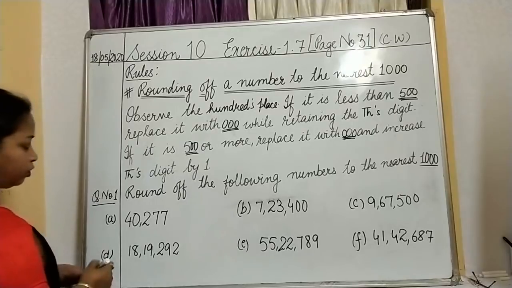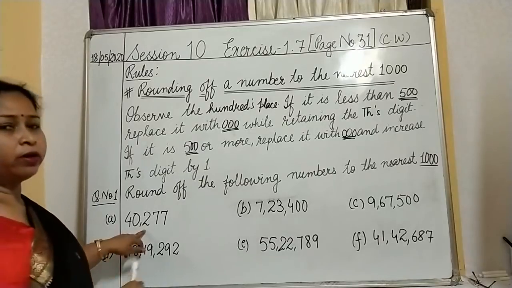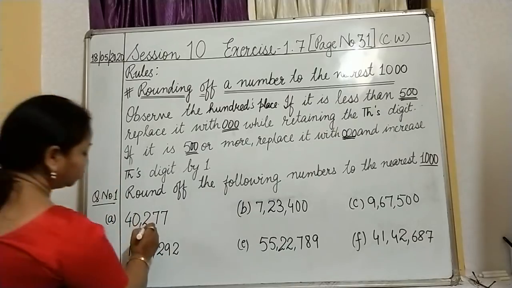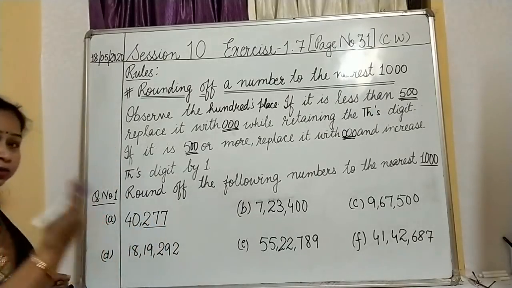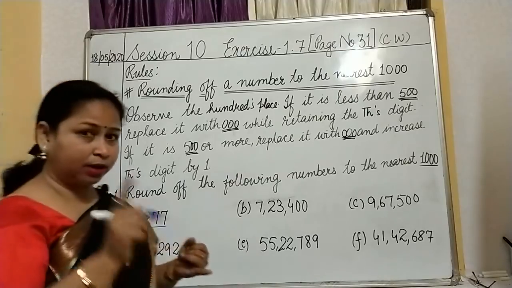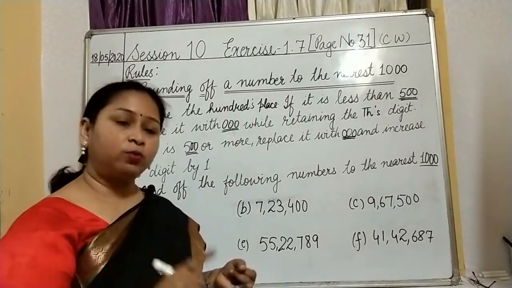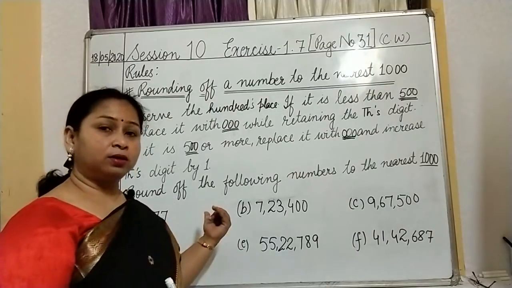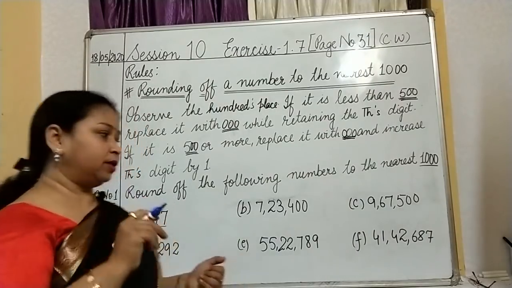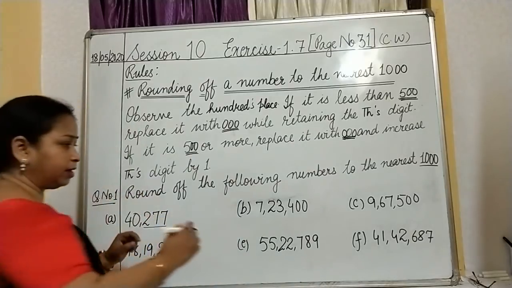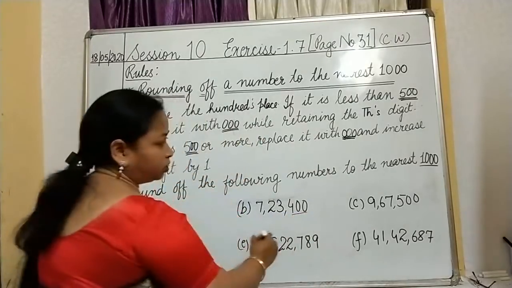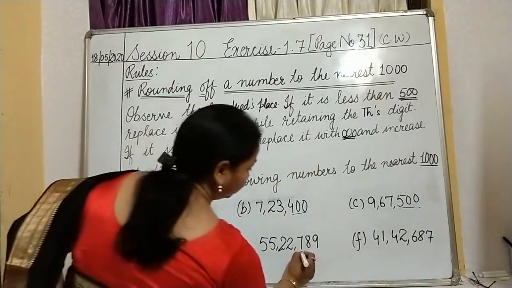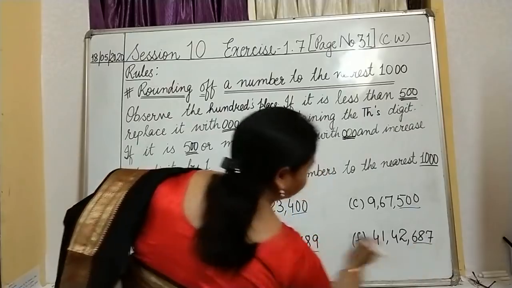So what we will do, we will observe the 100 place, or you can do ones, tens and 100 together also. So underline the last 3 digits. When it was 10, the last 1 digit we underlined. When it was 100, we underlined the last 2 digits. Now we are doing 1000, so we will underline the last 3 digits. First of all we will underline this. So last 3 digits over here, here also, and here also.